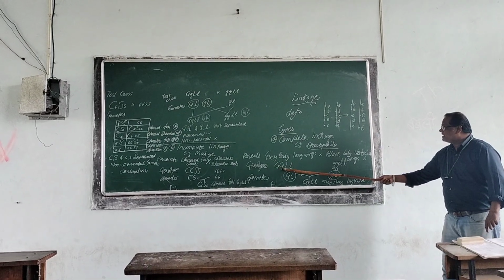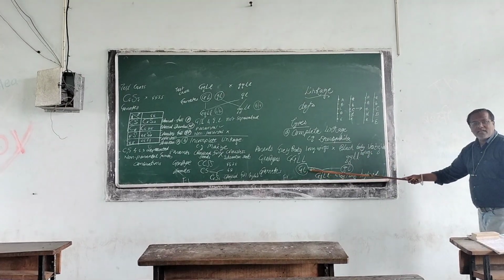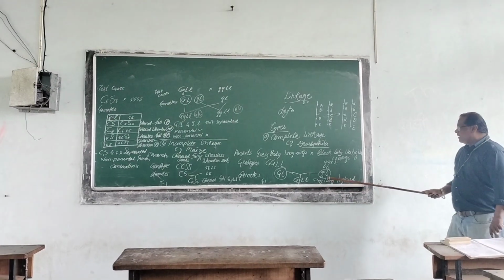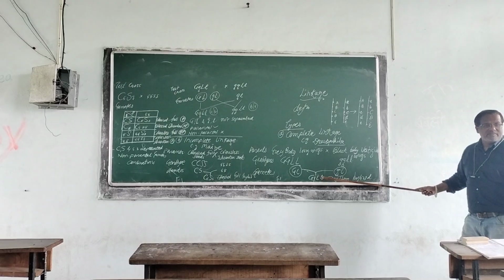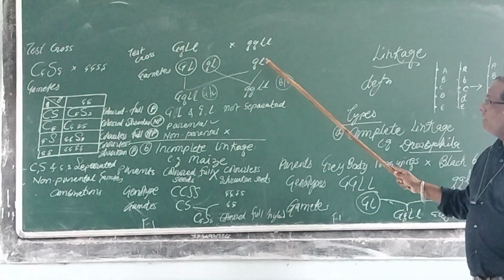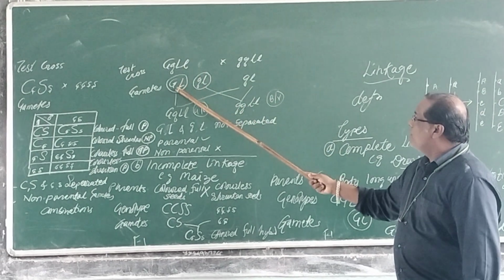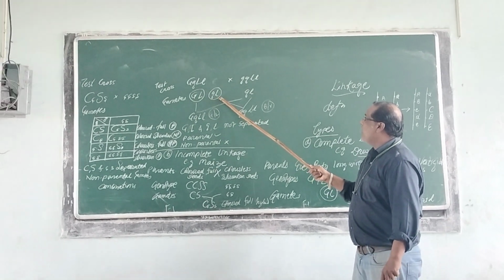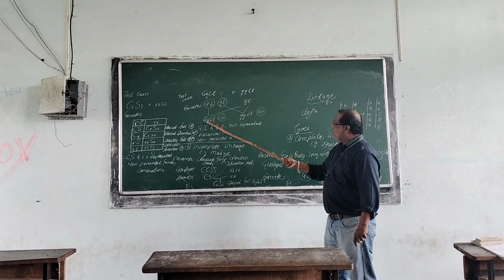Genotypes: capital G, capital L, small g, small l. The gametes: capital G capital L, and small g small l. And as usual in F1, the grey body and long wings hybrid is formed. This hybrid is then crossed, the test cross. This F1 hybrid is crossed with the recessive parent. Then two gametes are formed, capital G capital L and small g small l. Here only one gamete is formed, and in the F2,